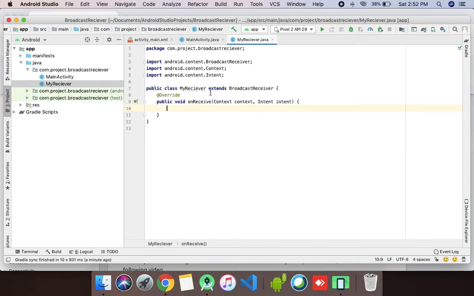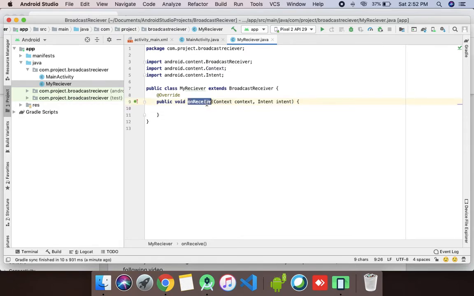For example, suppose we have registered for a broadcast like an alarm happening or somebody making a call. Then whenever somebody makes a call, the receiver will receive the broadcast, and this onReceive method will get invoked.